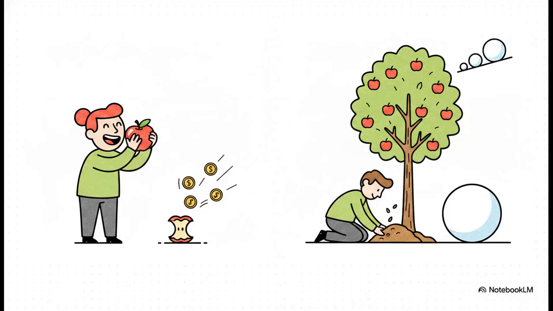And this brilliantly illustrates the magic of what you can do next. You really have two choices here. You can eat the apples, meaning take the cash dividend and just spend it, or you can plant the seeds. Through a dividend reinvestment plan or a DRIP, you automatically use those cash payouts to buy more shares. More shares mean more trees, which means even more apples next season. This creates this incredible dividend snowball effect, automatically compounding your wealth over time.